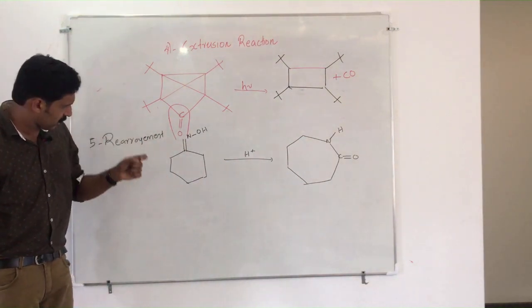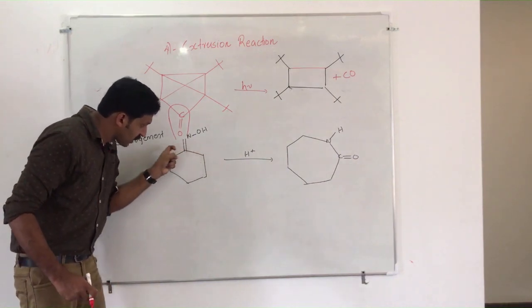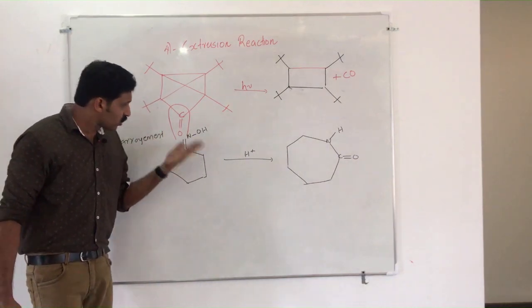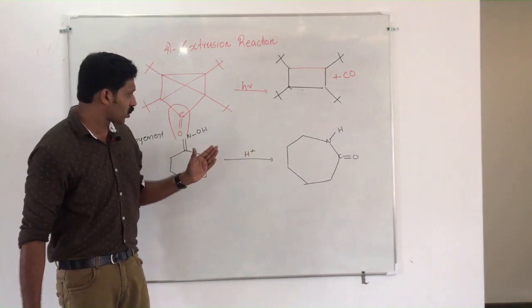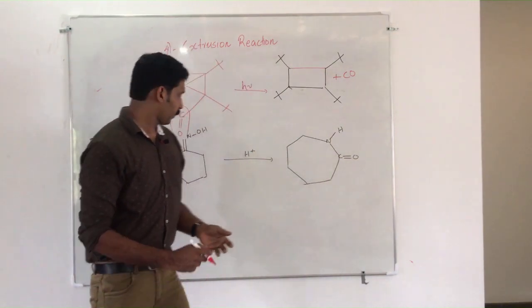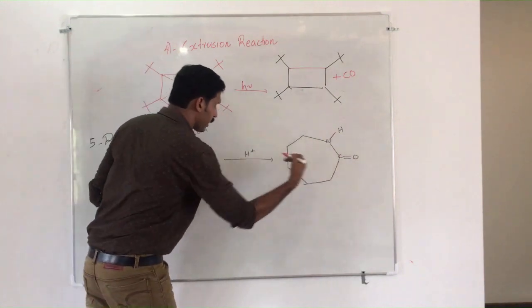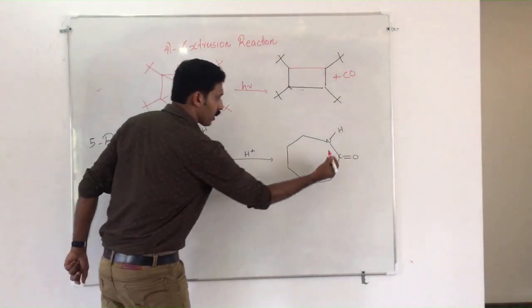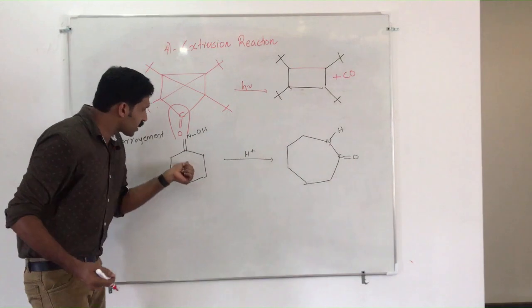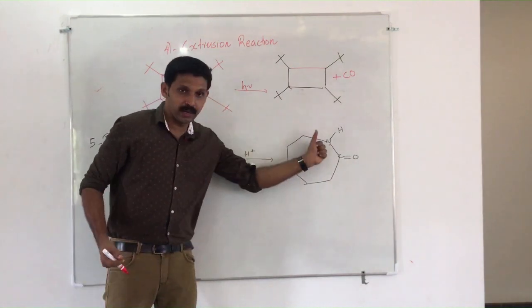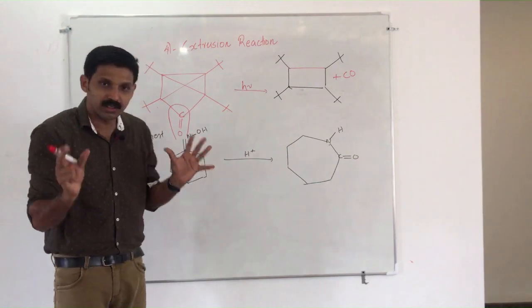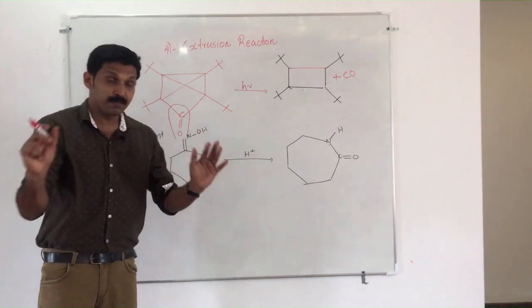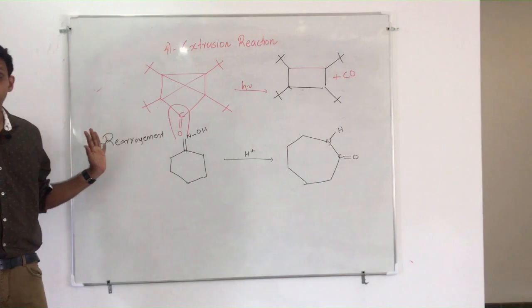What happens is that it is a 6-membered ring. This oxime, in the presence of an acid H+, undergoes rearrangement, and you will get this answer. It is a 7-membered ring, but out of this, one is nitrogen. When this changes from this to this one, the structure of the molecule changes, but there is no change in the number of atoms. Such type of reaction we call rearrangement reactions.